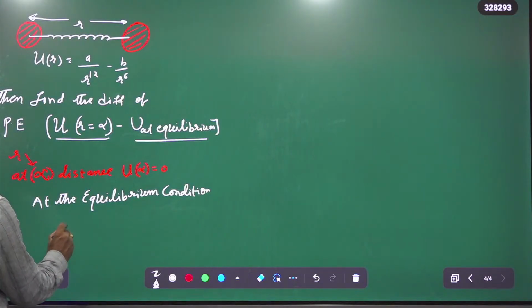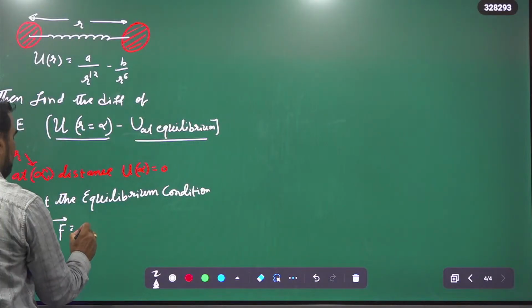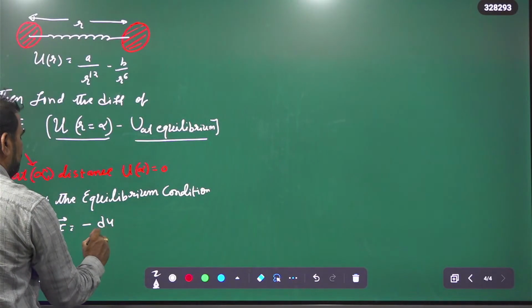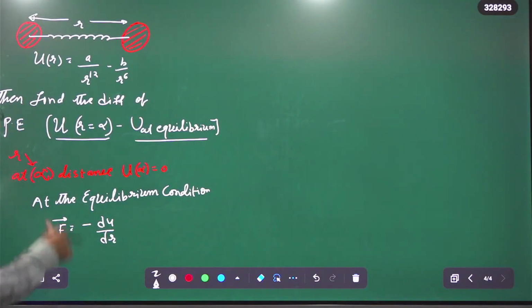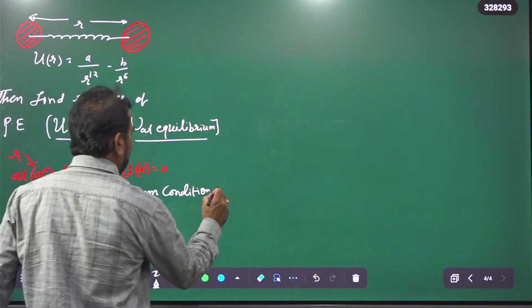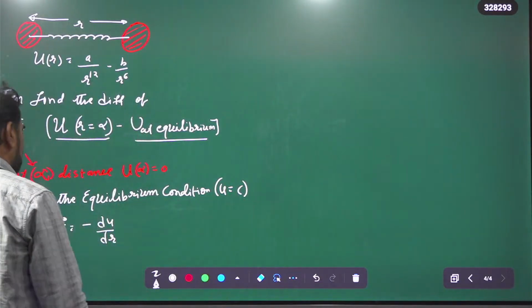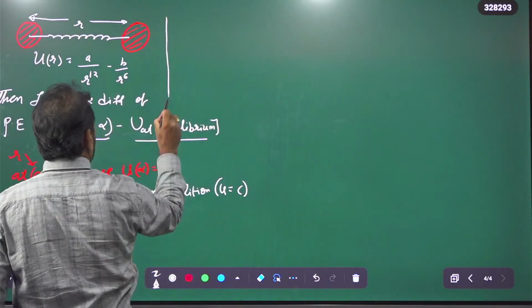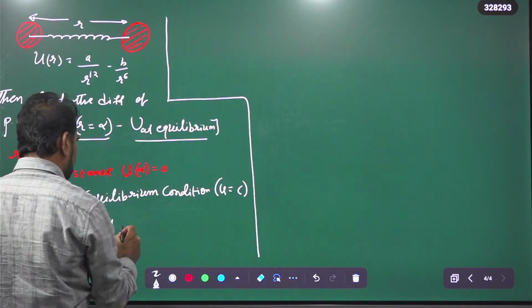The force between the molecules is given by F equals minus dU upon dr, as already known. But at the equilibrium condition, U is constant. Potential energy is a constant. Therefore, the force of interaction between the molecules is given by